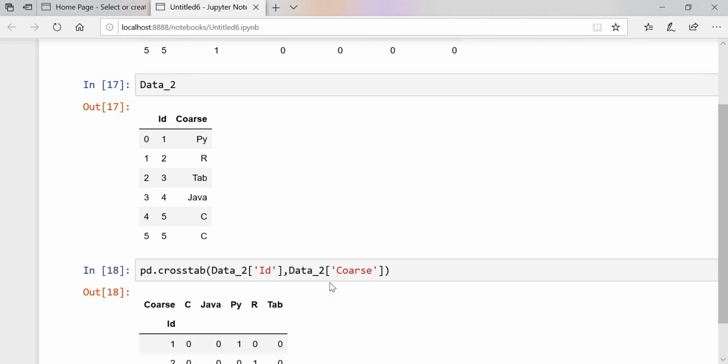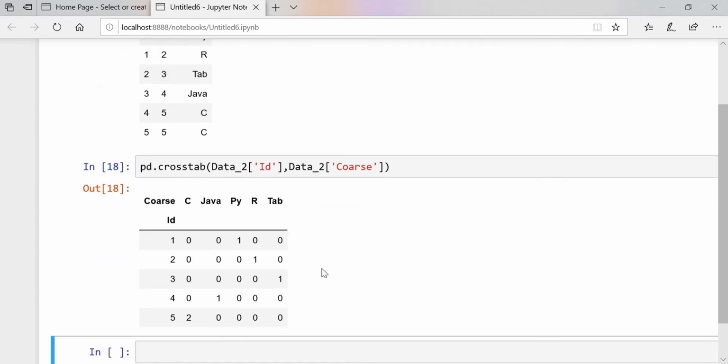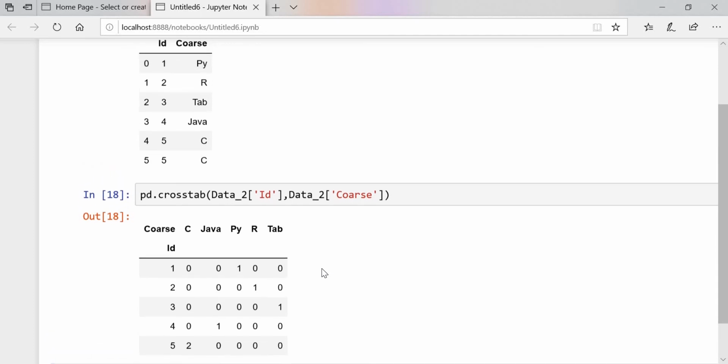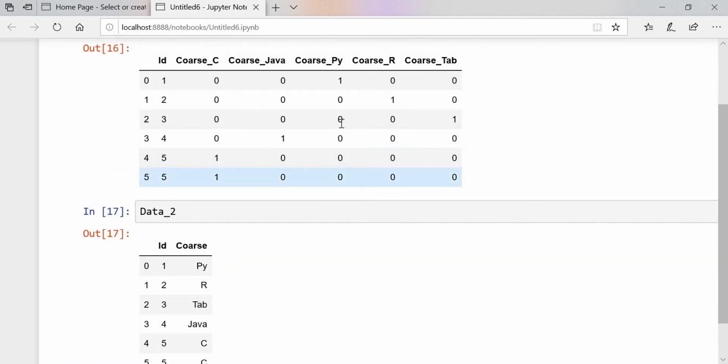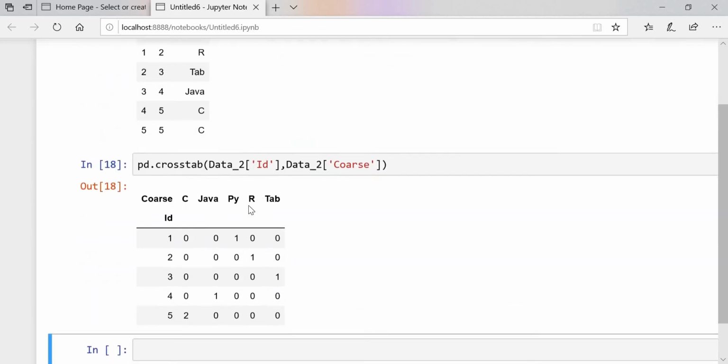Once you execute, you can see we are getting what looks like the same data, similar to get dummies. But in crosstab we are getting the aggregate value, meaning the sum value.